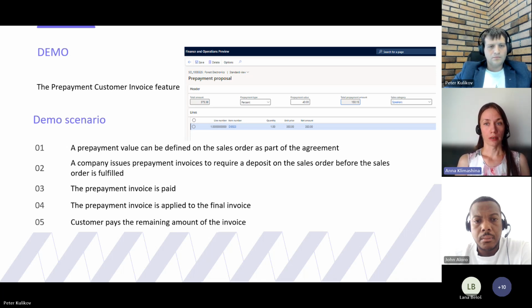We can create a prepayment customer invoice associated with a certain sales order. This approach allows us to track which customer prepayments are made against which sales order and improves data accuracy. Worthy of mention that there is the same functionality in accounts payable. And now on the screen you can see